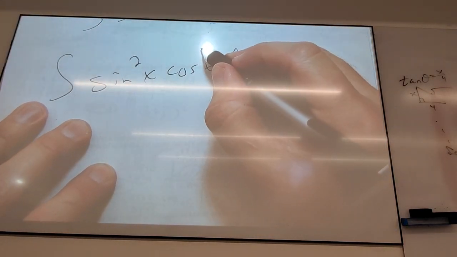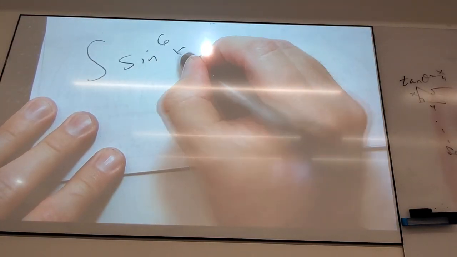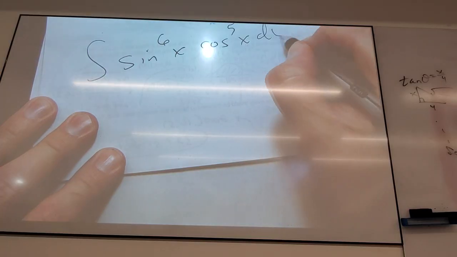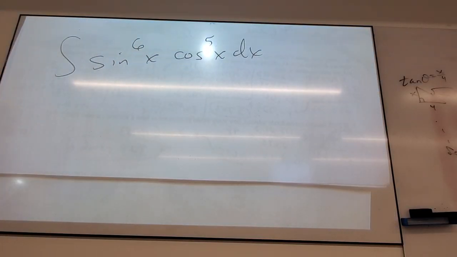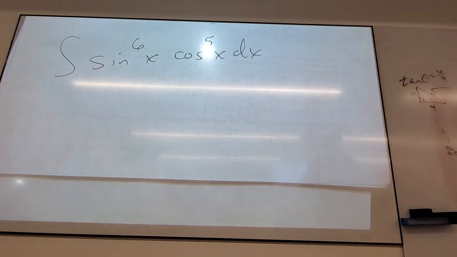Now, real quick, what if I had this? Do you guys see that the right way? I tried to introduce this the exact way you should look at it. What tells you what to move to the side? What is there extra of? If I wanted both of those to be even, what is there extra of? There's an extra cosine, right? So if I just move that over,